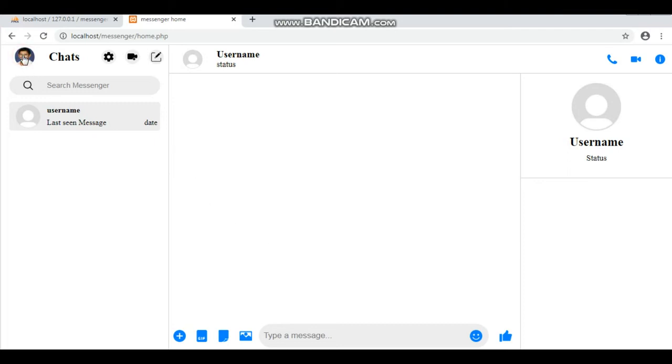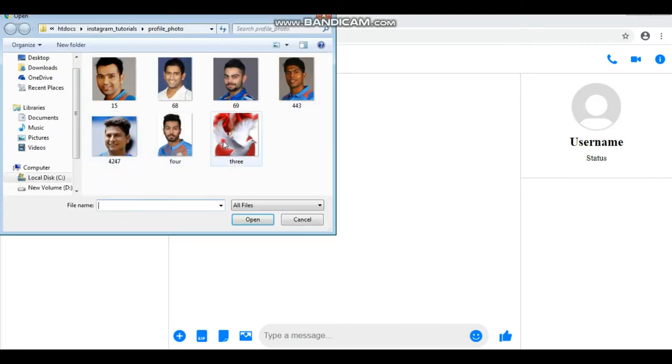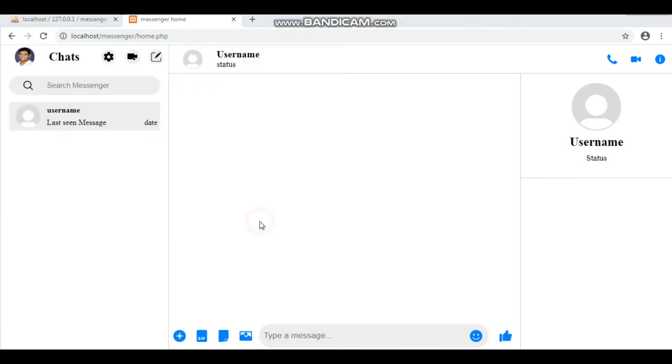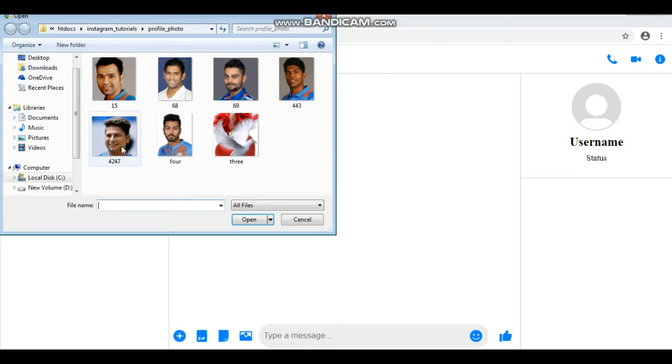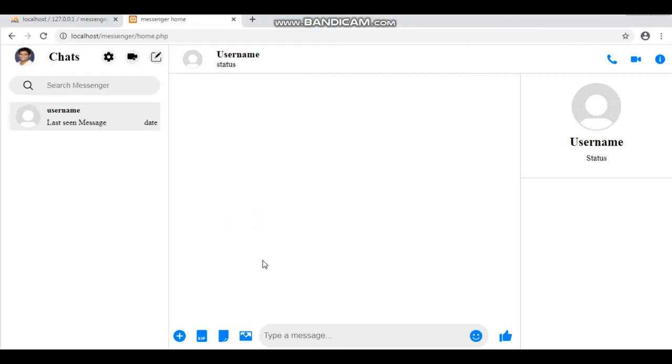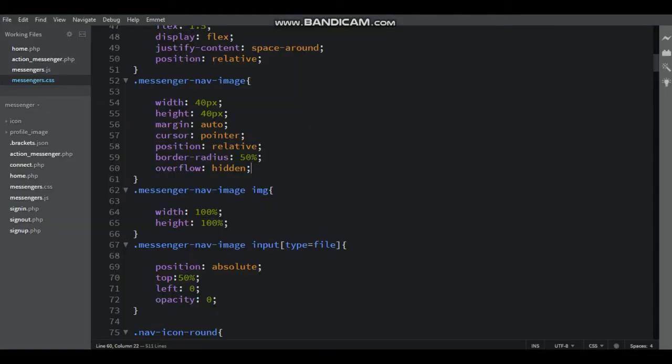And then click the profile image, select any one image, and then it automatically shows the profile image without any refresh of the browser. So now it is working.